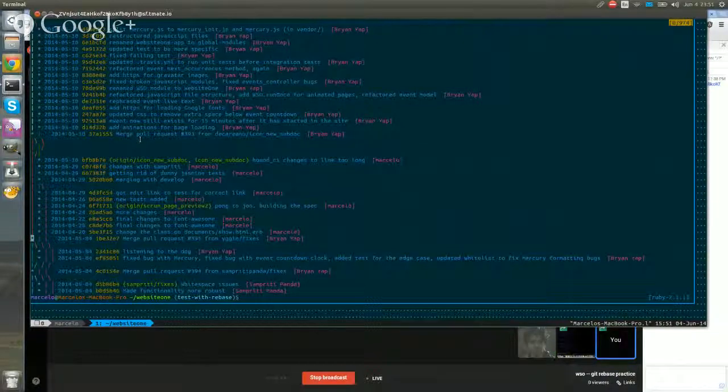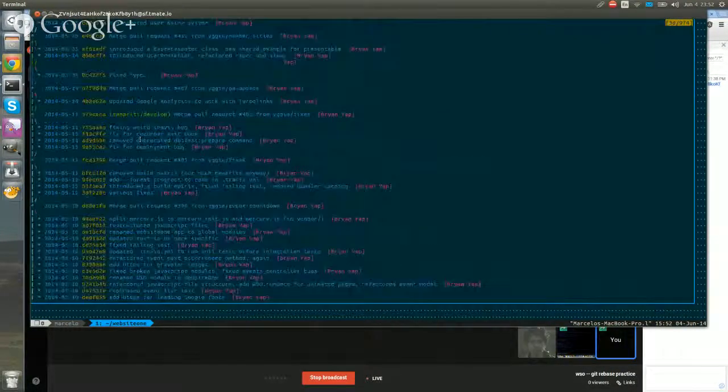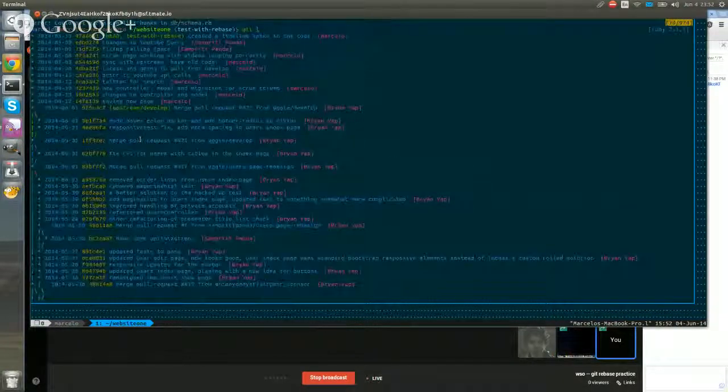So what rebase does is it just acts as though you applied all your changes on top of whatever has happened on develop. So instead of working in parallel, you work in series. So whatever happened in develop happened in the past, and then every change that you made will happen later. So that's how the history looks like. So if you go up here, right at the top of the history is all your changes here.